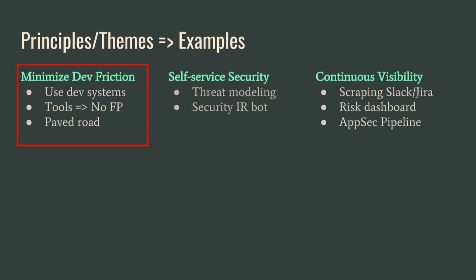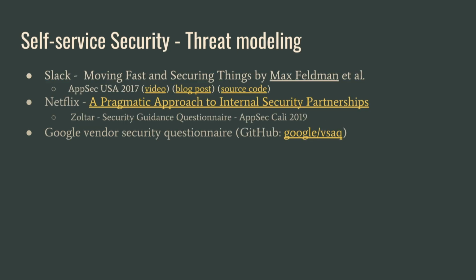So one example of this is John Heisman at DocuSign. They wrote a secure wrapper library for XML parsing. And basically, not only does it prevent against XXE, it also gives the developer some nice telemetry. So developers want to use it because they're like, oh, hey, I want to know who we're reaching out to over the network. I want some performance metrics. So you have this nice developer win bundled in with a security win. And I see this a bunch of places. So let's talk about some of the other themes in a little bit more detail.